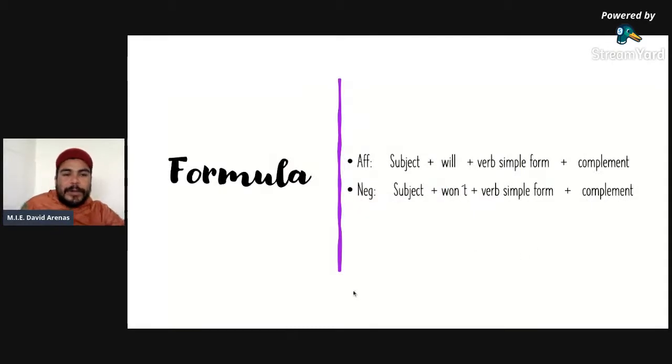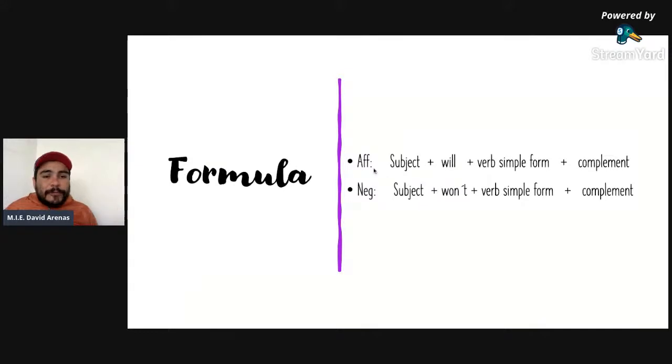Okay, I continue. What is the formula or what is the structure you have to follow every time you write or you say a sentence in English using will? Well, you have, for example, the subject. That could be I, you, he, she, it, we, they, or it can be a name, Pedrito, Juanita, Rob, Bob, whatever, whoever. All right.